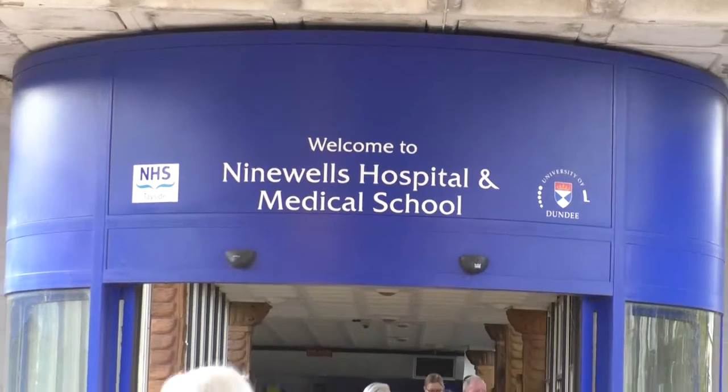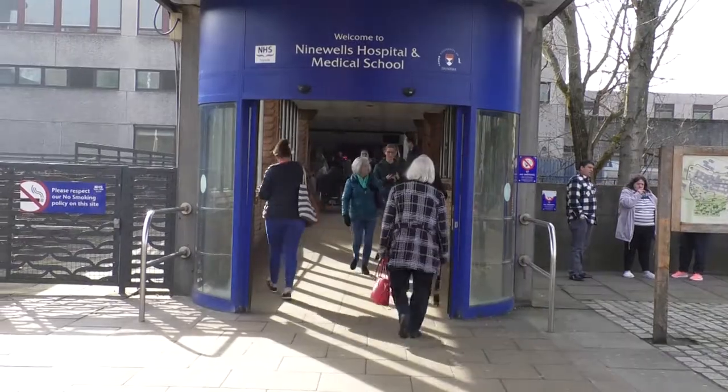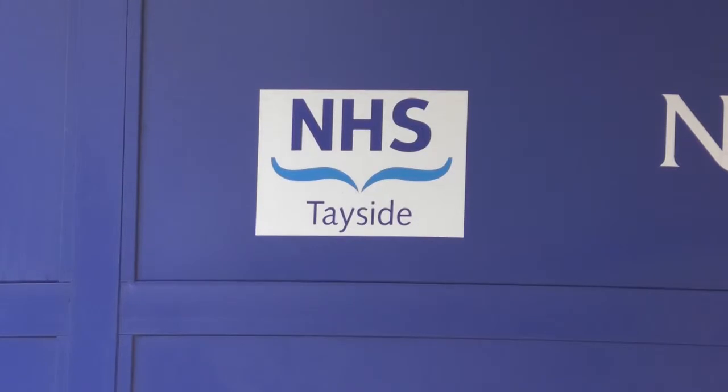With the use of artificial intelligence, Dr. Emily Jefferson and her team at the Health Informatics Centre, based at Ninewells Hospital in Dundee, have produced a piece of technology which can help physicians going forward to detect illnesses which may not have been seen with the naked eye. So routinely collected electronic health records are incredibly valuable for research purposes to really understand population level disease and